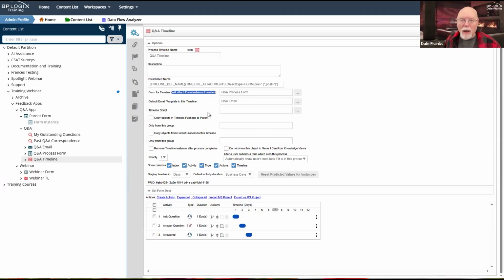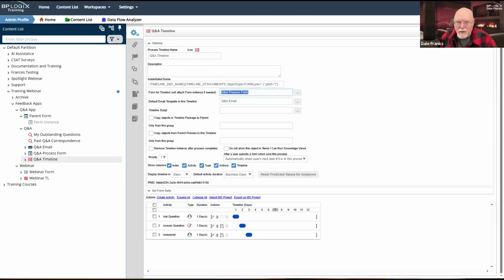Because I am going to be invoking the process timeline. Normally we invoke a process timeline by submitting a form. And so the form exists first, and then the timeline is created when the form is submitted. That's what invokes the creation of the timeline instance. When you use the run process custom task, the exact opposite occurs. The timeline gets created and begins running. The timeline will first, as it starts, look for a form that it needs to associate with itself so that it knows what form it has to show end users.